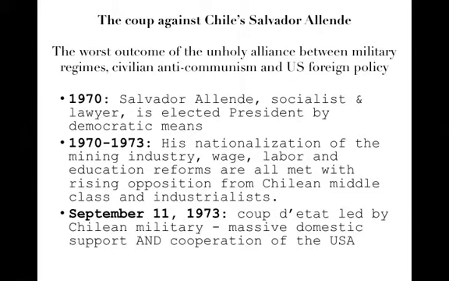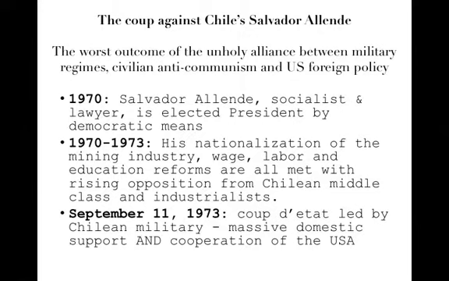He was elected. This, of course, meant that he was a Democrat and a socialist, which ran counter to the logic established by the United States and by most military regimes, which was that communism was anti-democratic and therefore it was bad. In this case, you had a socialist president who was a Marxist. He was not explicitly a communist. And in fact, he lost the support of the Communist Party during his presidency because he was not radical enough. But nonetheless, to the United States and to many in Chile, he was unacceptable.